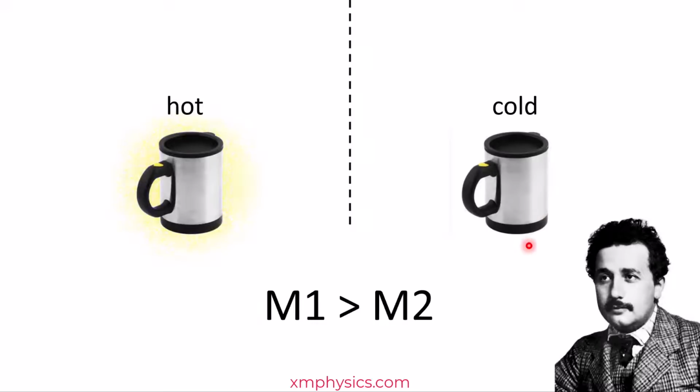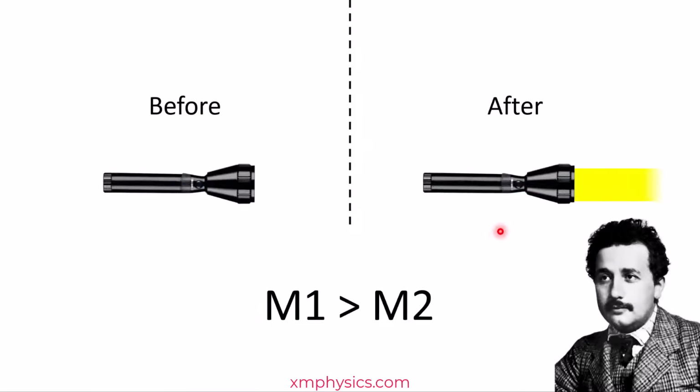Now if E = mc² applies for KE and internal energy, then it should also apply for electrical and light energy. So if you have a torchlight containing a battery which stores electrical energy, and then you shine the torch, so you start to convert the electrical energy into light energy, but the light is leaving the torch, you see. So after some time, the torch will contain less energy than before. E = mc² predicts that this torch should weigh less than this torch.